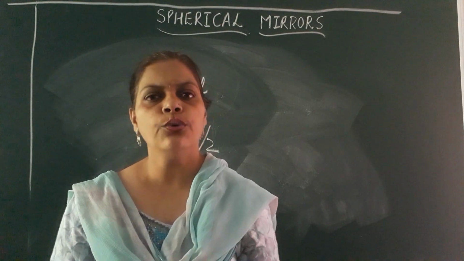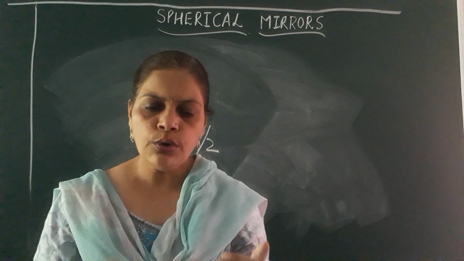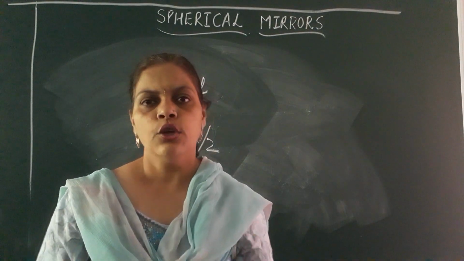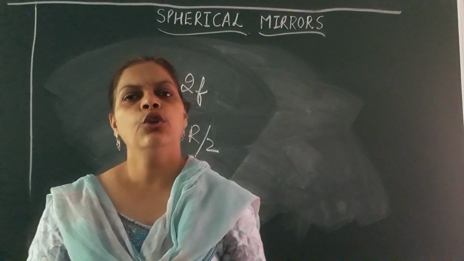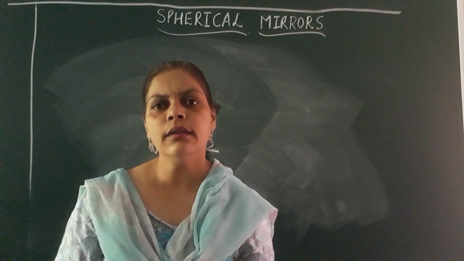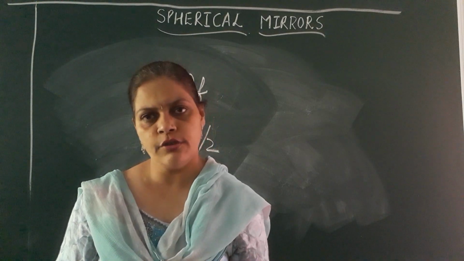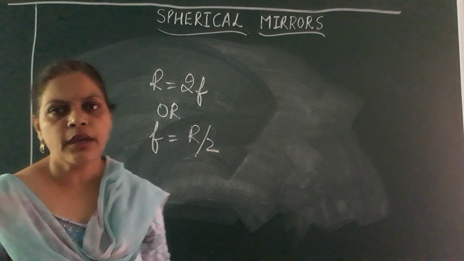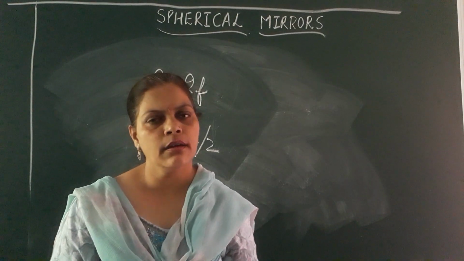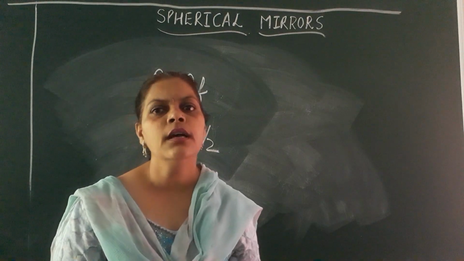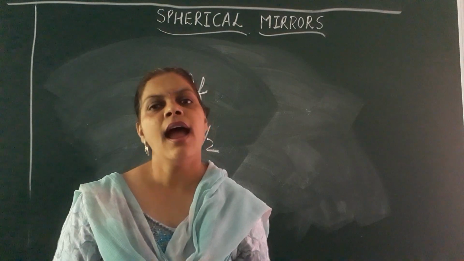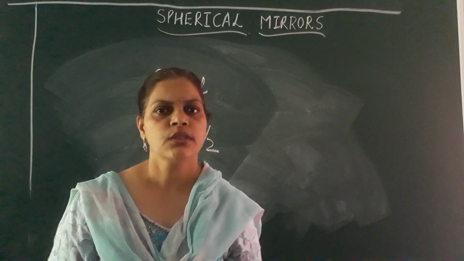So what I want you to do is go through the information related to concave and convex mirrors which I taught today. You will go through the different definitions. You also have to draw and learn the diagram of converging and diverging action of both the mirrors. Okay, and then whatever doubts you have, we will discuss in our interactive class. We will discuss it over, and in the next class we begin with the rules for the ray diagrams and definitely the ray diagrams. Thank you very much.